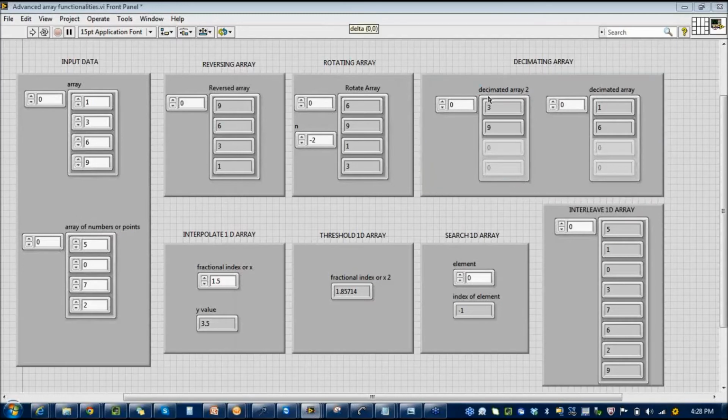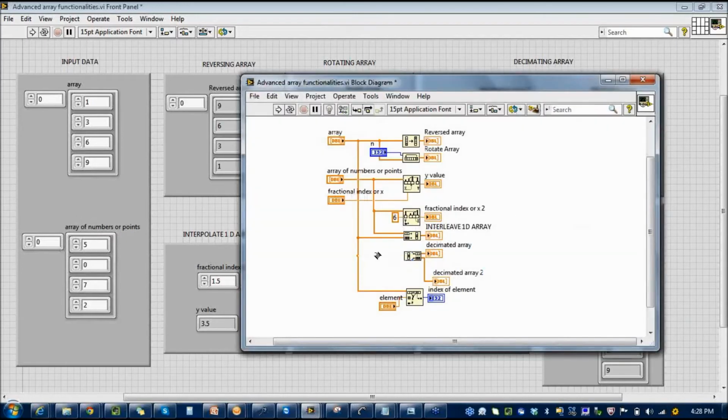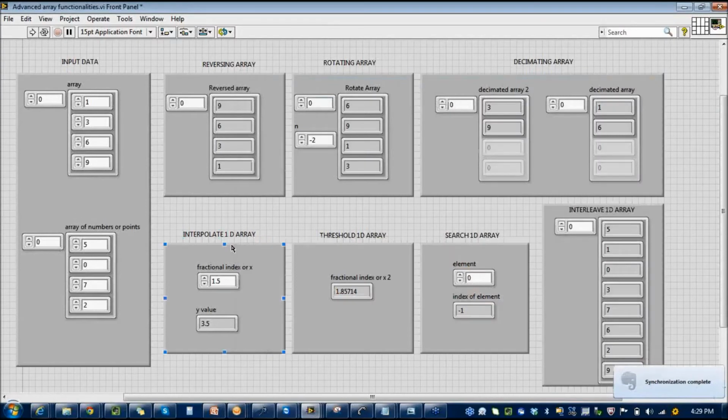So what you can do is, by using this particular function, you can enter that array of 5000 elements here and split it such that you take every alternate sample. Thereby you're reducing the number of samples, but you can still reconstruct your entire signal. So that is one application of decimating an array, and I will go on to show you an example as well. Now let's talk about interpolating an array.